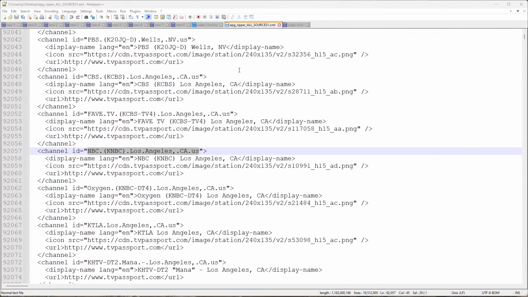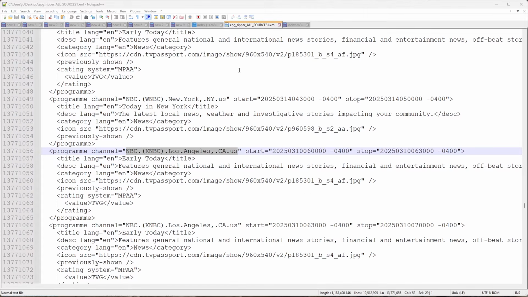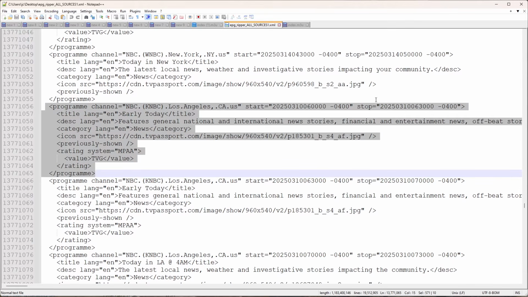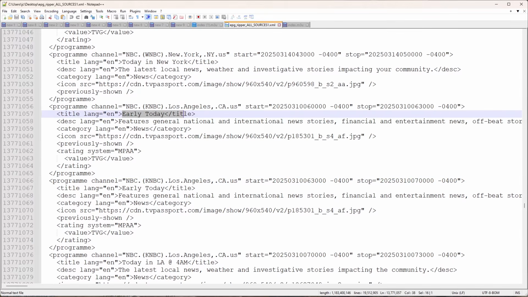I think it just picks the first one it finds. So here's the programming for KNBC, and here's the programming data. So this gives you a start and stop time, what the title of the program is, some details, and so forth. So you can see the channel ID in the EPG is different than the channel ID in